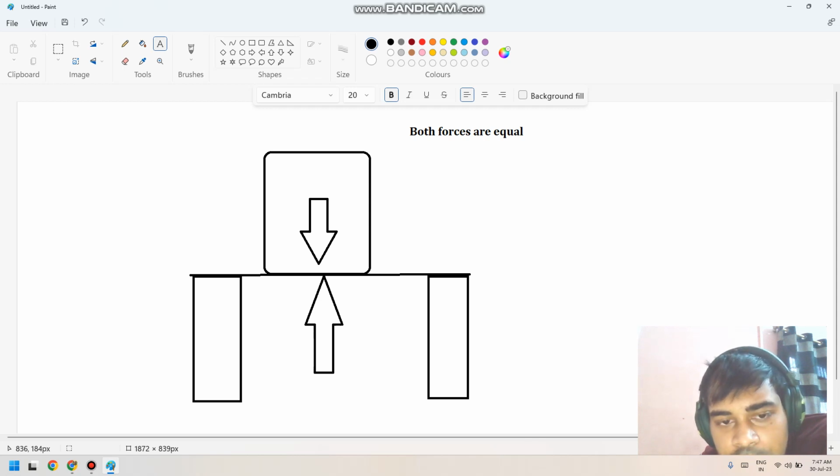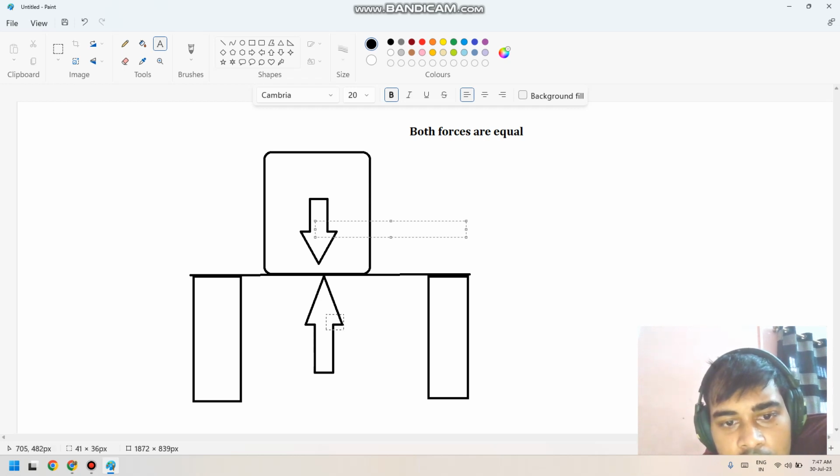well, the resultant of those forces must be equal to 0 if its acceleration is 0, because acceleration times its mass equals force. If acceleration is 0, then force is 0. If total force is 0, that means there is no net force acting on it. If no net force is acting on it, that means this plus this equals 0. If this is 1 Newton and this is 1 Newton, then the direction will be opposite to each other to